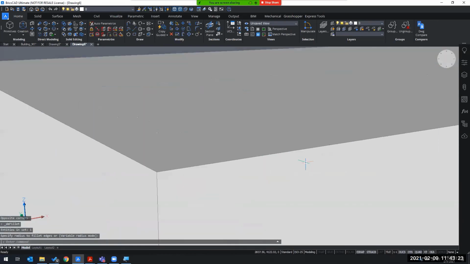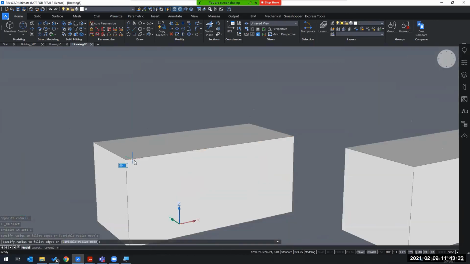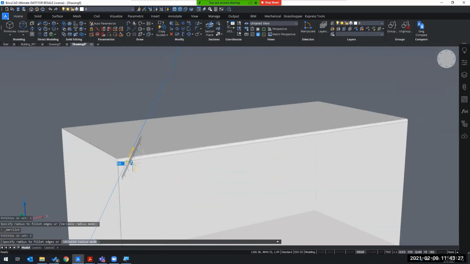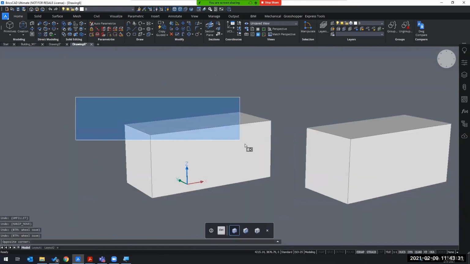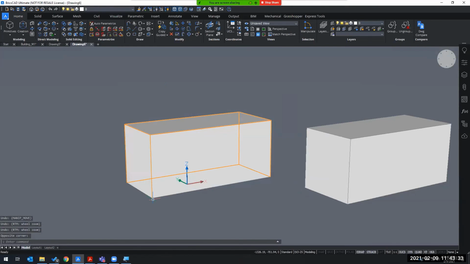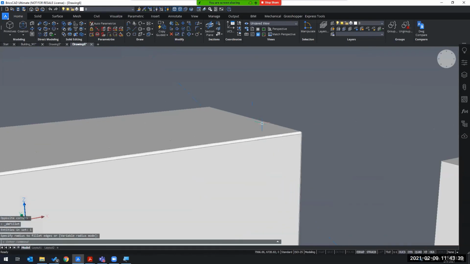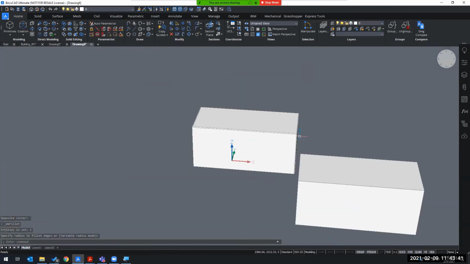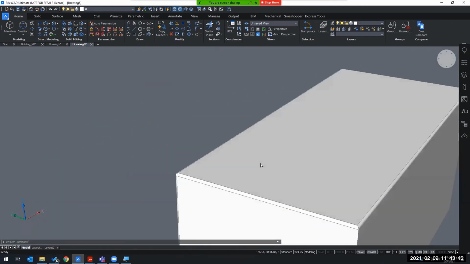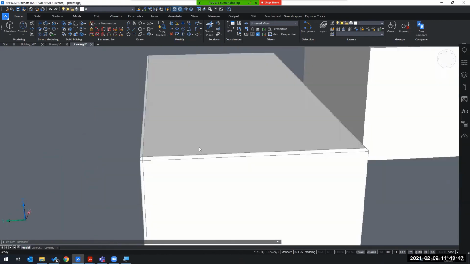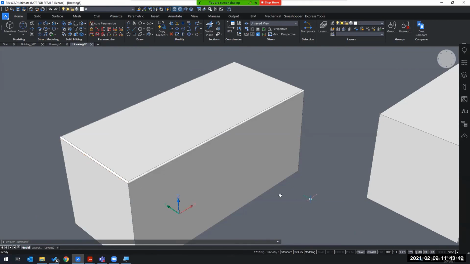Maybe that was too small. Yeah, let's try that again. 20. Of course, that's small, but just like that, you can apply some fillet by selecting all and then applying the